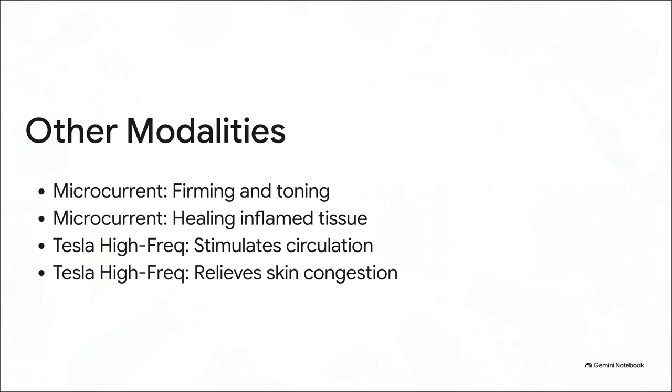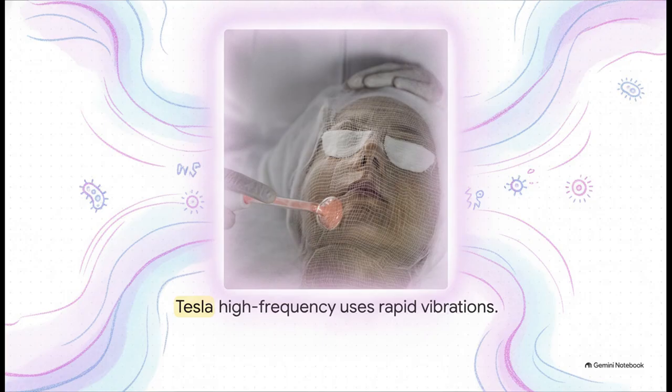Alongside it, you have the Tesla high-frequency current. Now, unlike galvanic, Tesla current doesn't cause any muscle contractions. It relies entirely on rapid vibrations. It stimulates circulation, boosts skin metabolism, and has this incredibly powerful germicidal action that makes it absolutely fantastic for treating acne. When you see a glowing glass electrode being applied during a Tesla high-frequency treatment, it honestly looks like a